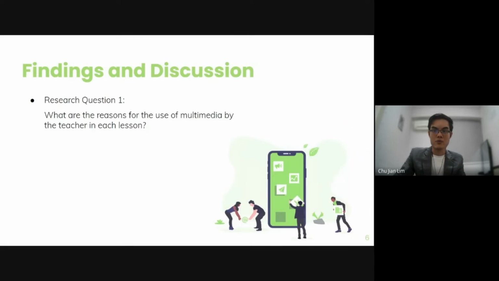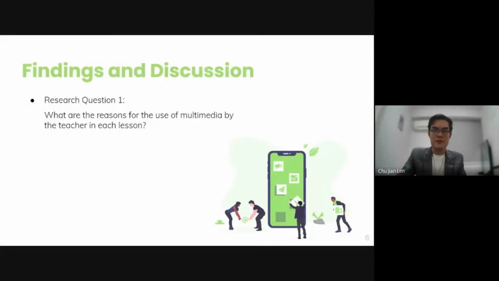Moving on to findings and discussion. Research question 1. Based on the thematic analysis of the teacher's reflection entries, it can be seen that the teacher had a positive impression towards the implementation of multimedia, particularly videos and Google Maps. He explained that the use of the video in the lesson was beneficial over the use of static pictures, as they can see the process of how the eagle was built while also including auditory elements. In short, the use of video in this lesson provided an extra layer of depth that students otherwise would not be able to experience, especially in a simple reading text.